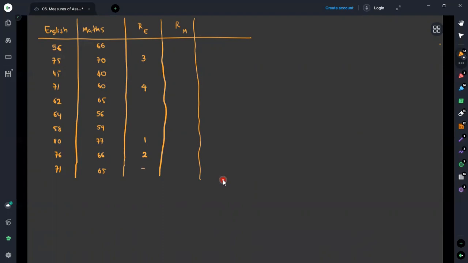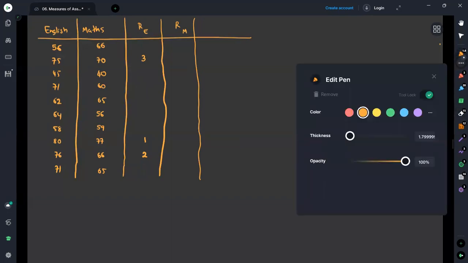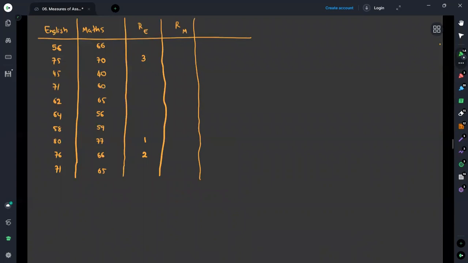And here you can see that there are two similar values. Among these, we can see that two 71s are here. We cannot apply two different rankings for them, one as rank number 4 and another as rank number 5. Since we cannot have this, we should use a common ranking for both of them. Initially, we can say this is rank number 4 and this 71 is rank number 5.